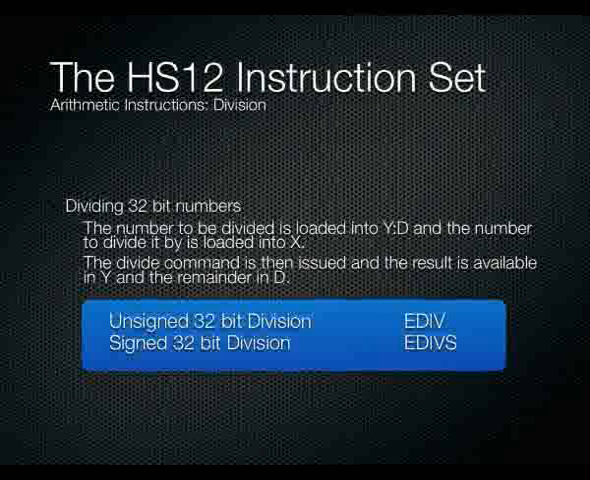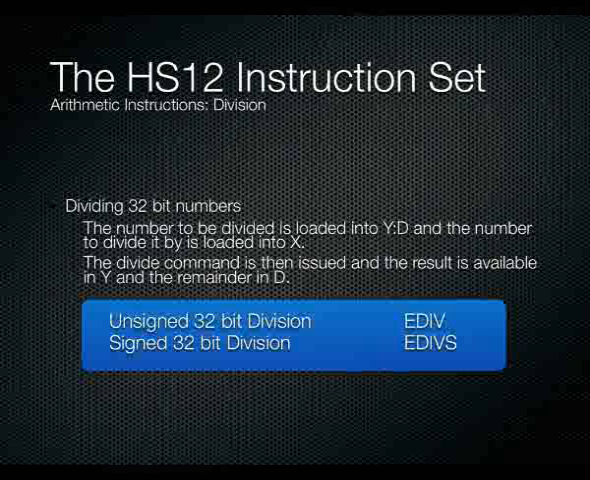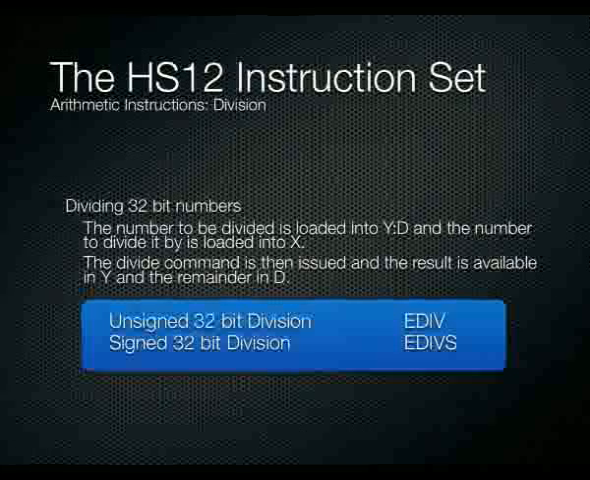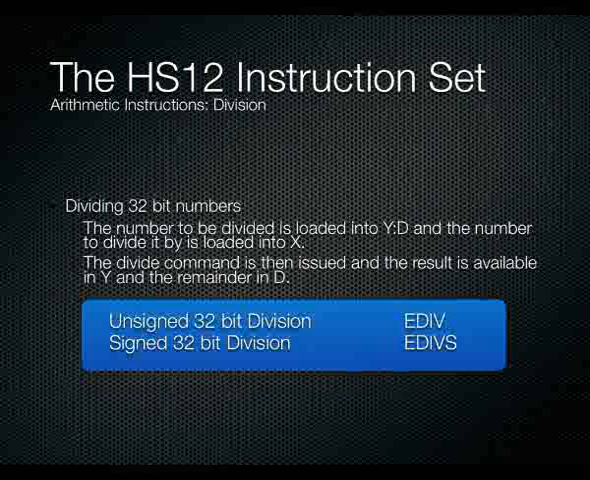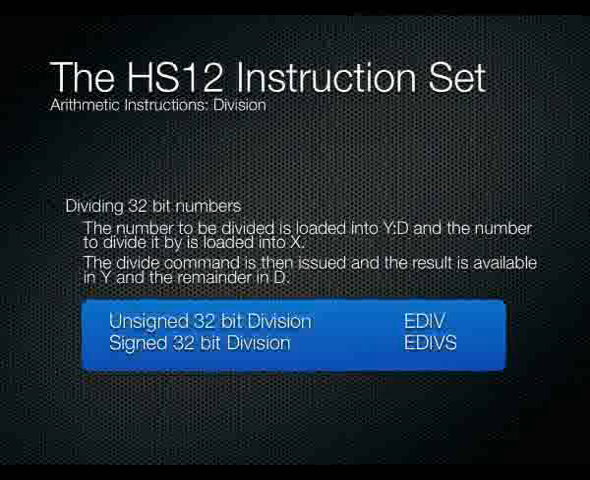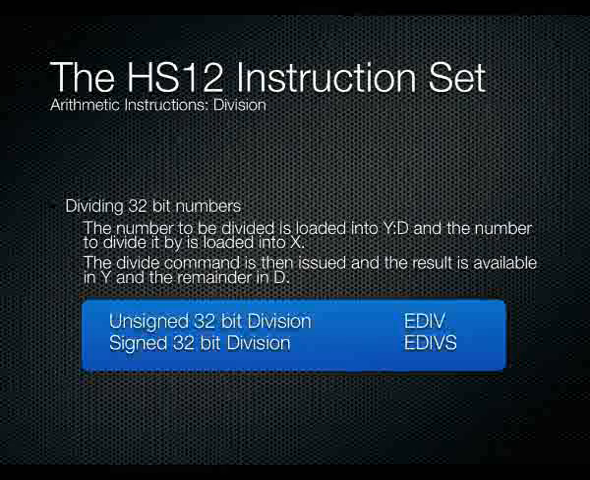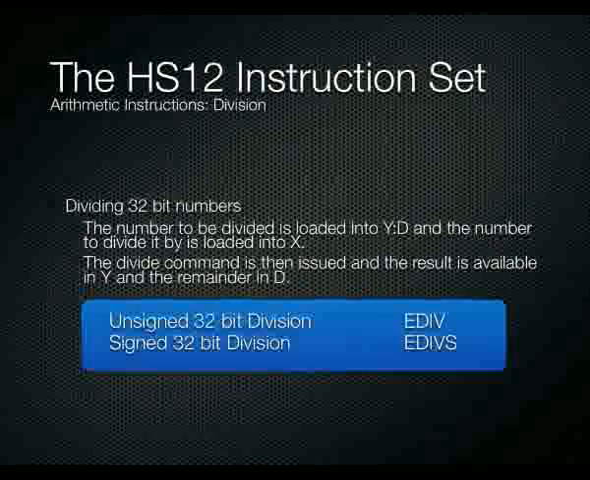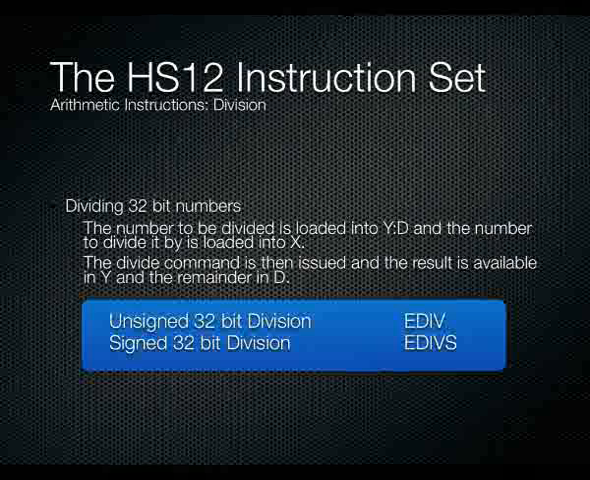So when it comes to dividing 32-bit numbers together, we simply load one of the numbers into Y and D. We load the 32-bit number into the combined register of Y and D. Then we load the number we want to divide it by into X. So it's the same as before. The number we divide by is in X, but in this case we've got a 32-bit number, so we load the most significant 16 bits into Y, the least significant 16 bits into D, and then we run either